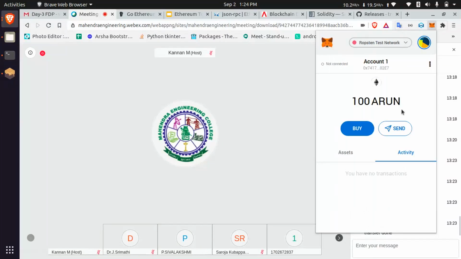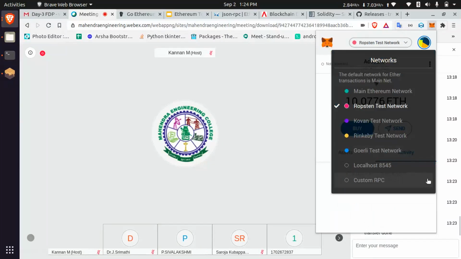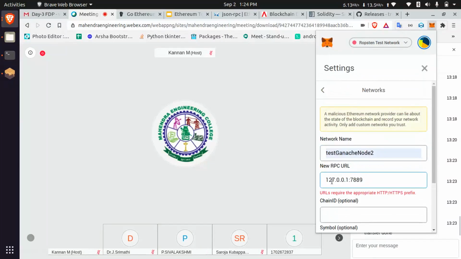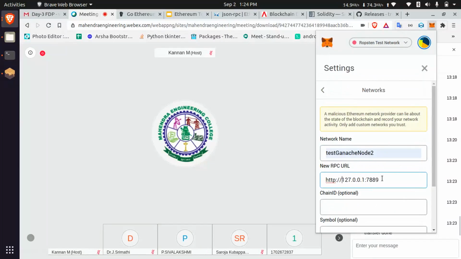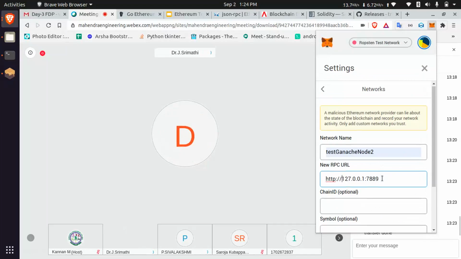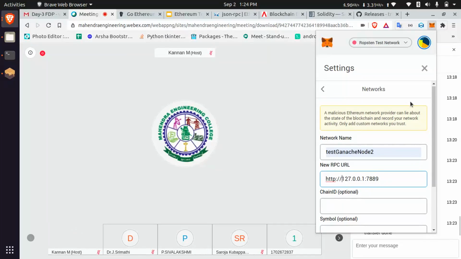You are on Ropsten, right? Yes or no? Unknowingly I clicked main Ethereum. Just click custom RPC and then you can name it as some network name. Then place your IP, http colon double slash. Should we select any account before that? It is an already existing account. You are loading 100 Ethereum for an already existing account. You are loading your seed phrase in Ganache, so Ganache will assign 100 coins in every account.